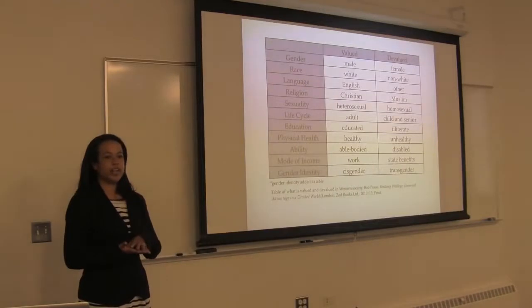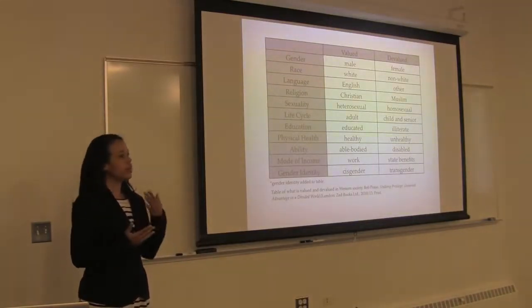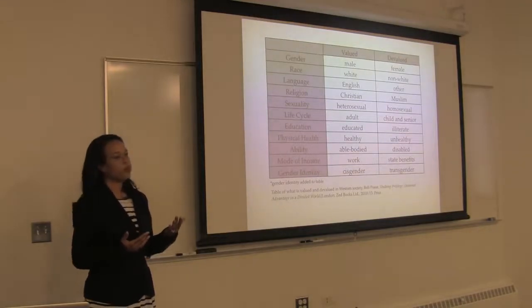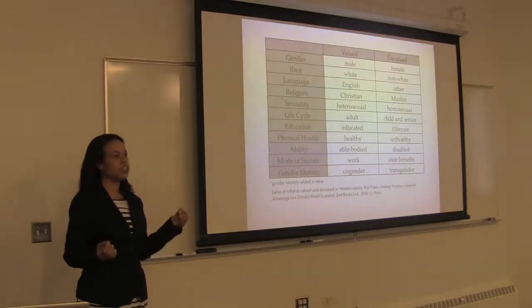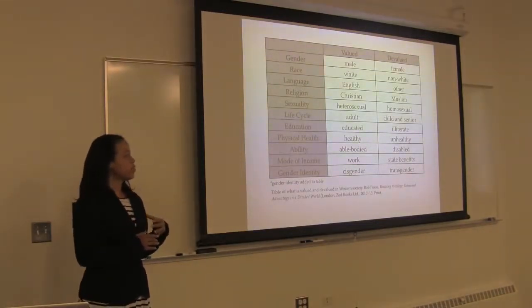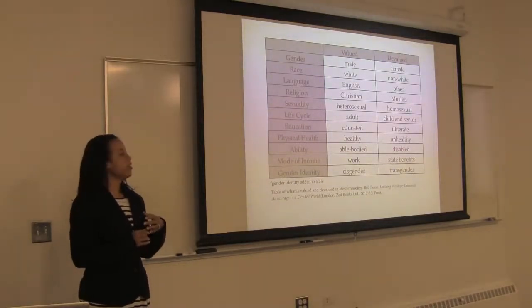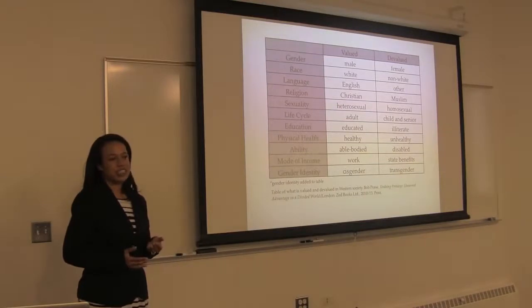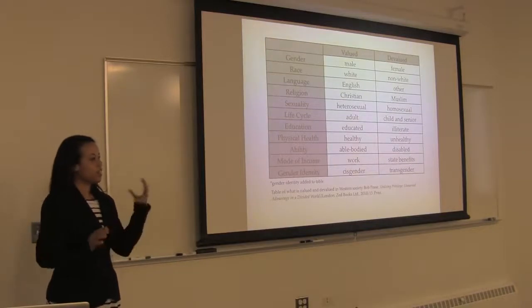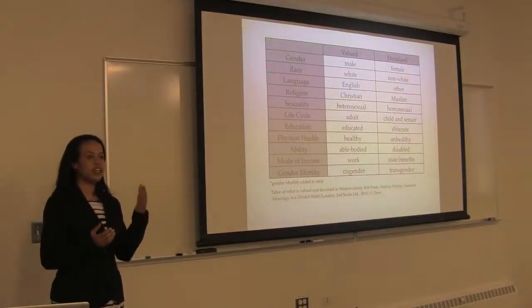So I began to think about ways that I could include more privileges so that everyone could find a voice in the conversation. And that really speaks to everybody's intersection with privilege and oppression. Most of us experience some privileges and some oppression. Using myself as an example, I'm an educated, heterosexual, cisgendered, able-bodied, Black female. So if I were to focus on the oppression that I face as a Black female, that would make it easy for me to ignore all of the other privileges that I gain. So that's really what my project is about, is trying to find those intersections and having people be able to see it and relate to it.